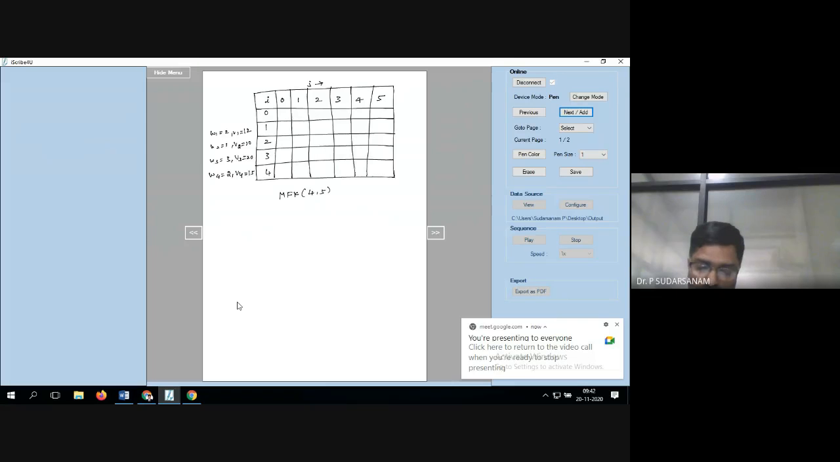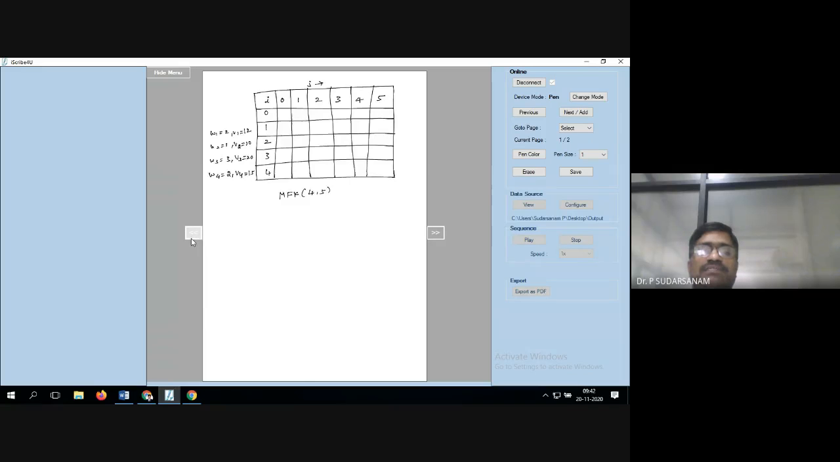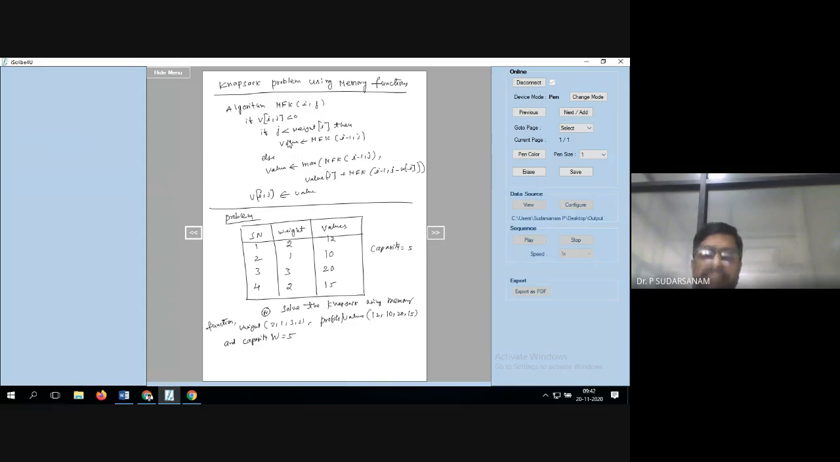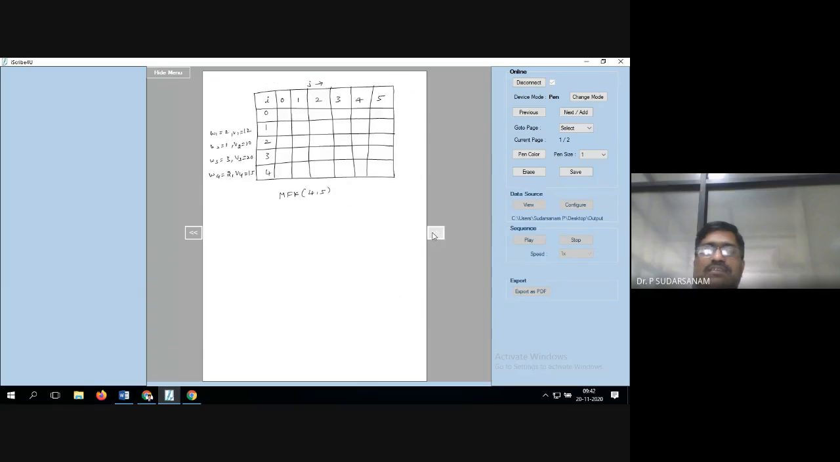4 comma 5, you have to calculate it. So now you see the algorithm here. So what will happen here? This is nothing but the I comma j. So j is nothing but 5